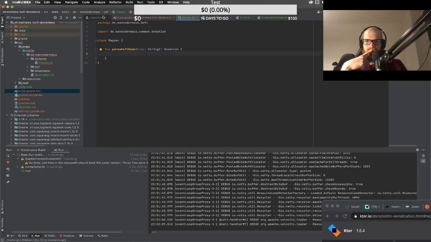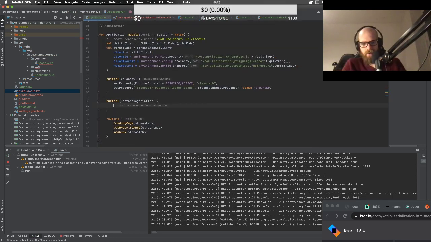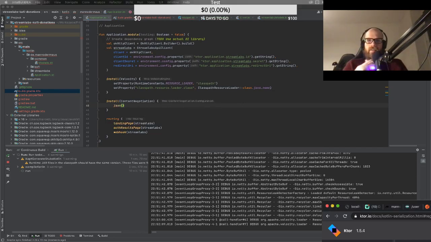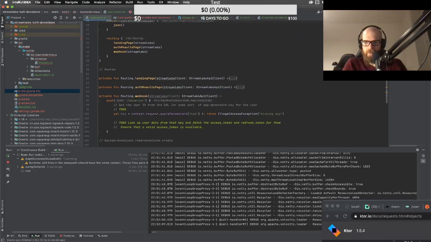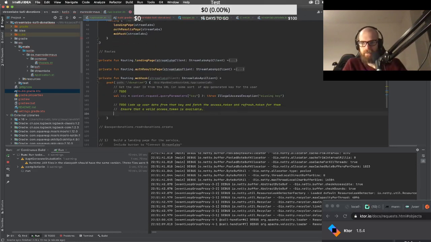I go to application, and in here I call the JSON method, apparently. Inside the JSON method, you can access the JSON Builder API. I don't need that. That is okay. Yeah, okay, and now that I have this, I can go back down and context, no, call, receive,